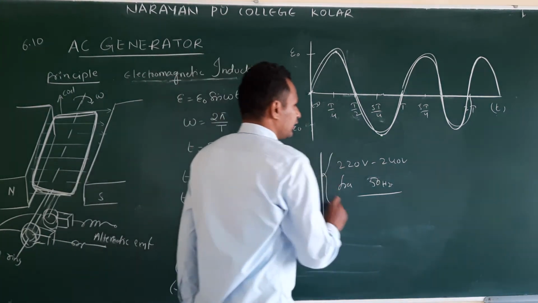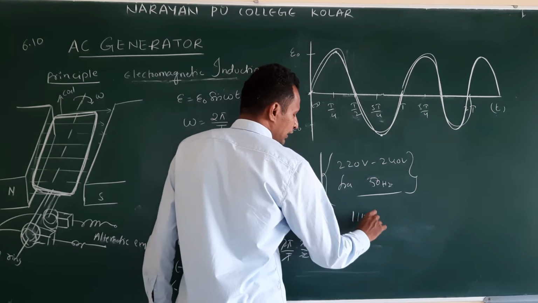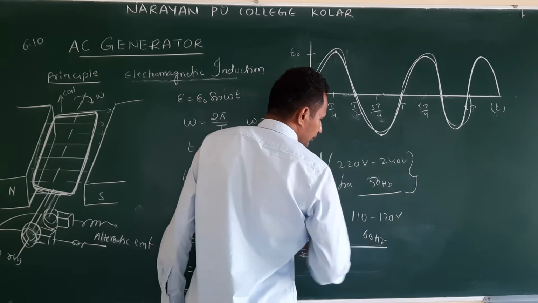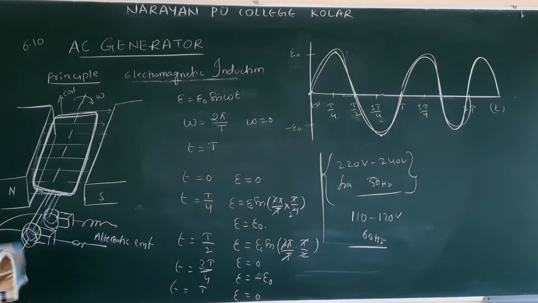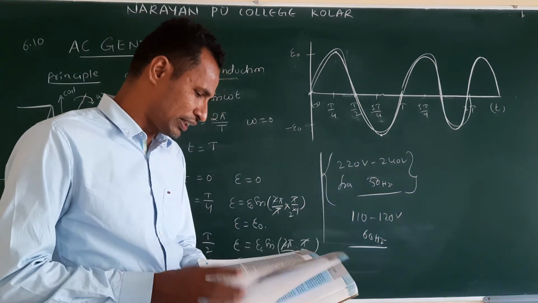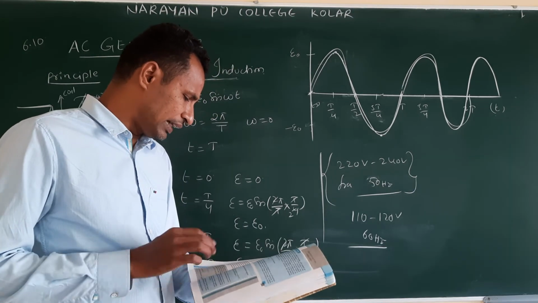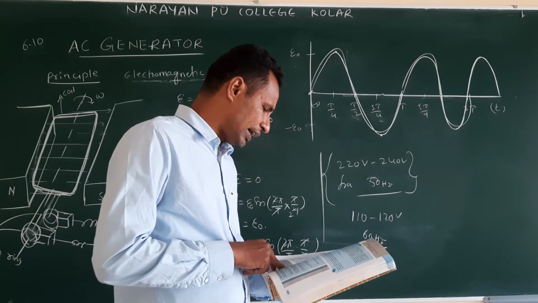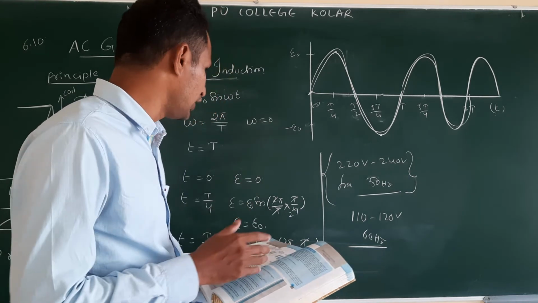This is the Indian specification. The American specification is 110 to 120 volts, but frequency is 60 hertz. Okay, expect this in 1 mark questions: what is the frequency in India, or what is the frequency of the alternating source in USA? They mention it in our textbooks. Let me confirm once. In certain countries such as USA it is 60 hertz, and in India we use 50 hertz, and 120 volt.